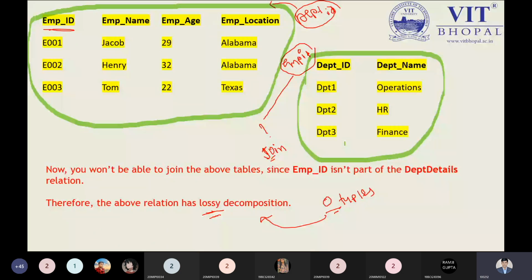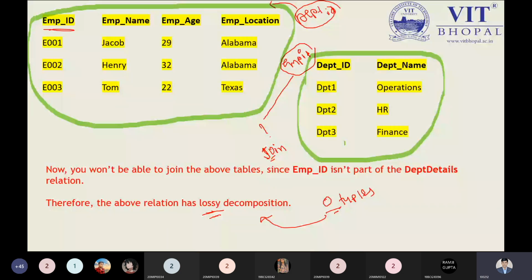Or if it implicitly accepts the Cartesian product internally, it will return 9 records. We have 3 tuples, so finally we must have only 3 records, but here we have 9 records. That is not a good way. Lossy decomposition is not a good way to decompose.